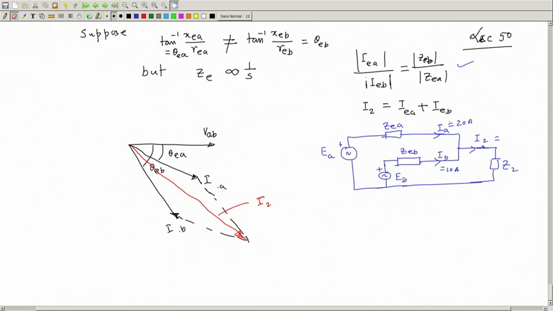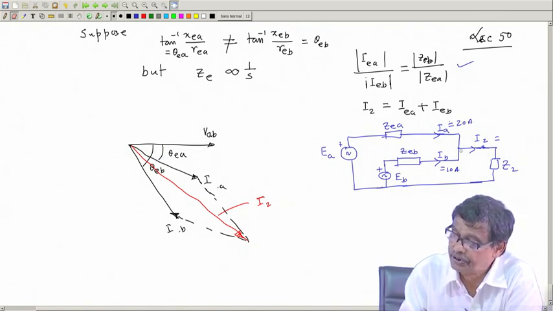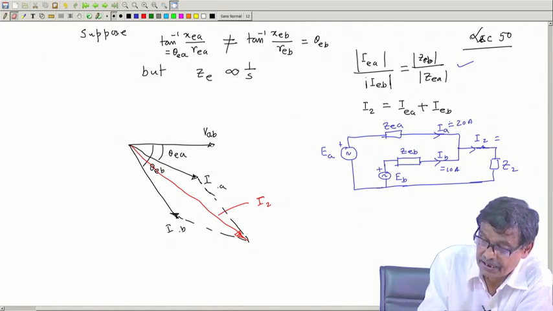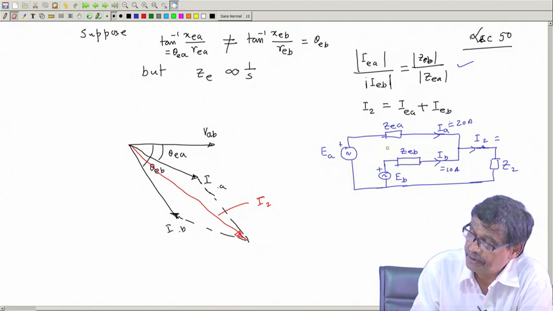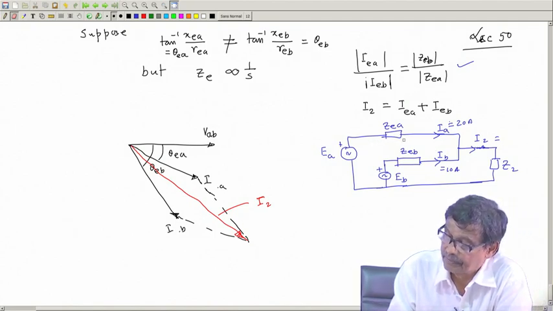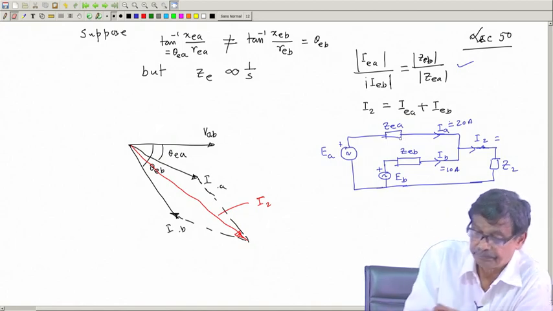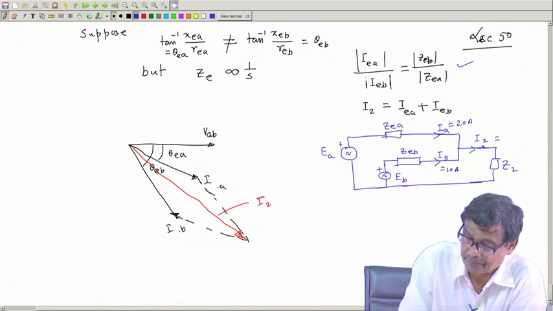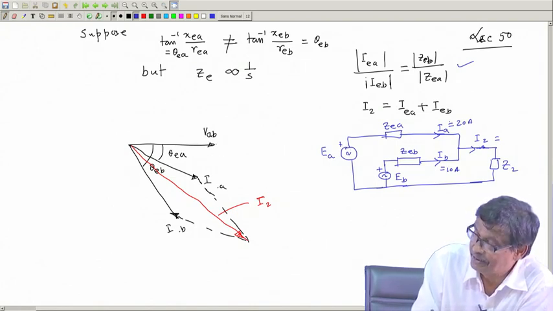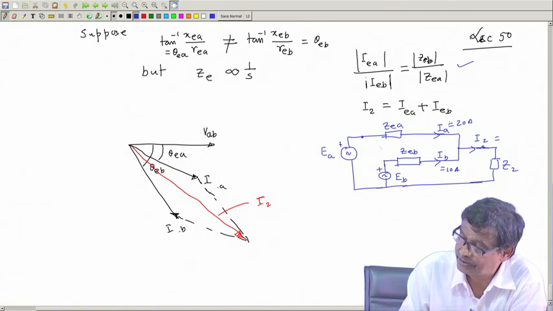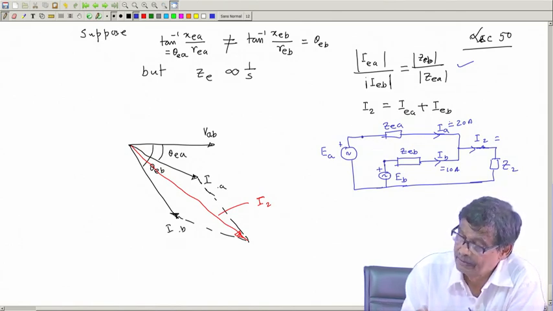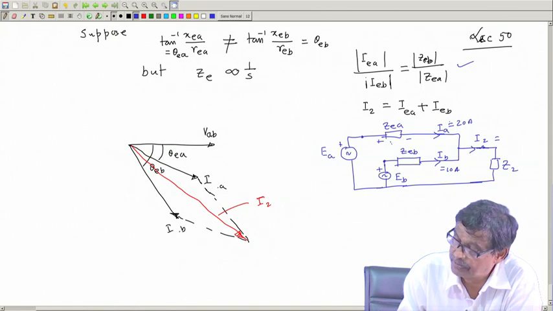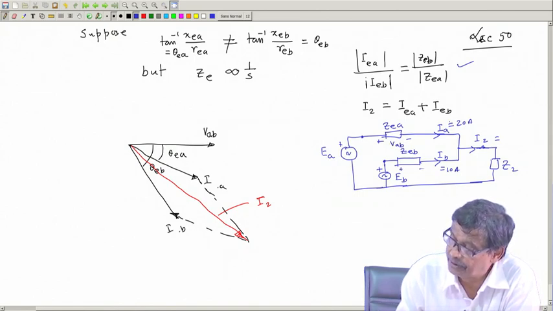For example, so far as this transformer is concerned, it is contributing IA at this much angle with respect to this VAB, which is this voltage here. If you add, say, I want to get what EA, EB are; they are the same. So, it will be like this. VAB is which? These two points are at the same potential, we have seen. So, the potential of this point will be this voltage, which I have assumed to be VAB, and this is also VAB.